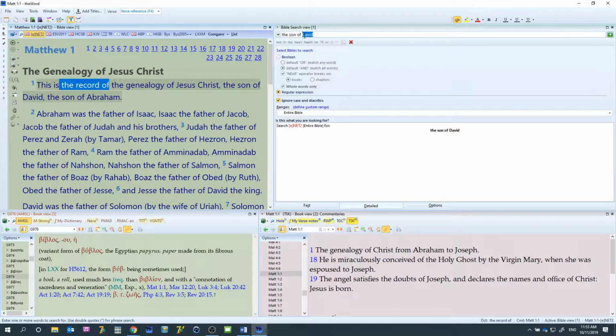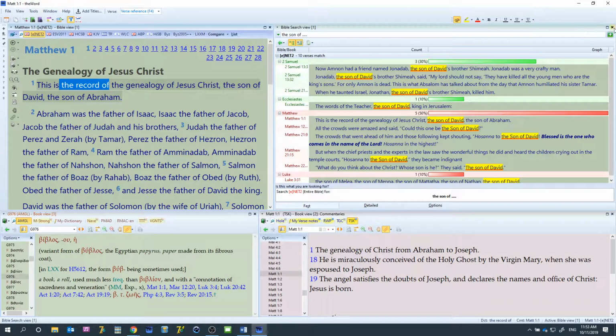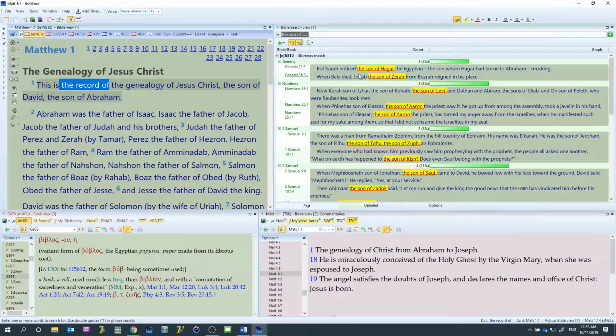For example, I know David has 5 letters in it, and there's a space after it, but I want to see if there's any other searches that could result from the son of dot dot dot dot. And now I will hit go to fast and go in. Now note, we have the son of Hagar, the son of Zerah, the son of Levi, the son of Aaron, the son of Tua, the son of Zuph. And the commas are included because a period is a kind of wildcard character for individual characters. You could also do